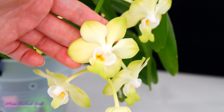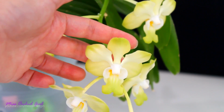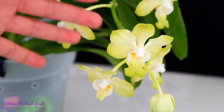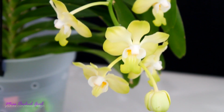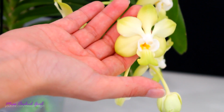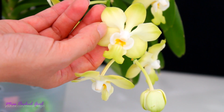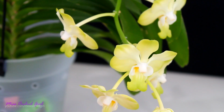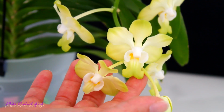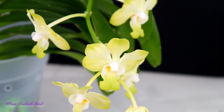Now, first of all, they are very waxy and pretty sturdy. It's not a flimsy flower. Also, they're not big, they're quite tiny, and I almost did a boo-boo here. Let's make sure this Vanda's stable. So the flowers are kind of tiny, but they're just such a beautiful shape, very different from most other Vanda hybrids. The lip is also a really beautiful shape, and color-wise, mine is a sort of a yellow-greenish type of color, creamy, yes. But the most popular varieties of this orchid are pure yellow, golden yellow I might add, and